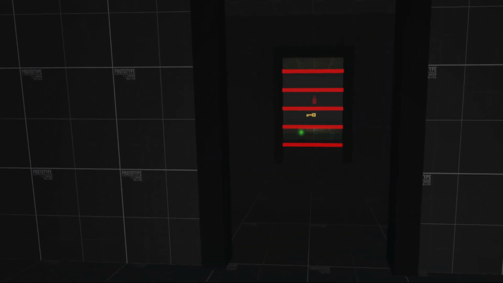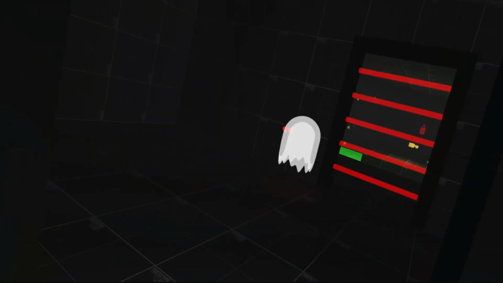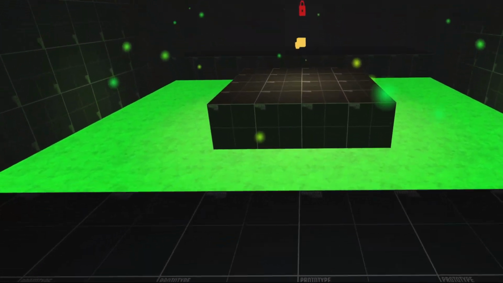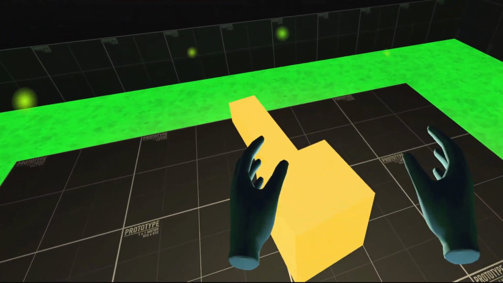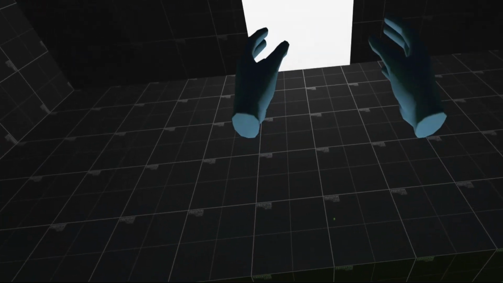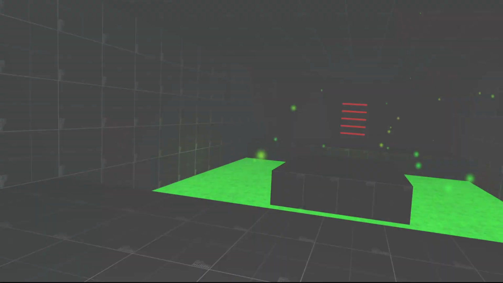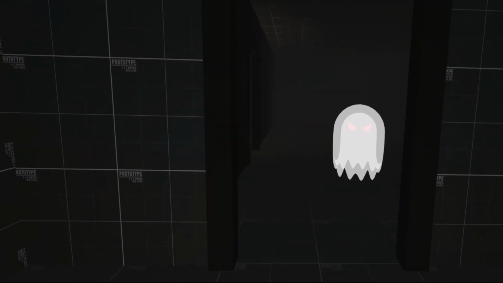So now the lighting and the atmosphere is a lot different. You can see each level is different. The acid spills green light onto all the obstacles in the environment. I think it's a really fun change to the game, and it makes it a lot better, especially since it's a stealth game. It's added a lot of depth and actual stealth to being in the dark and avoiding the ghosts.